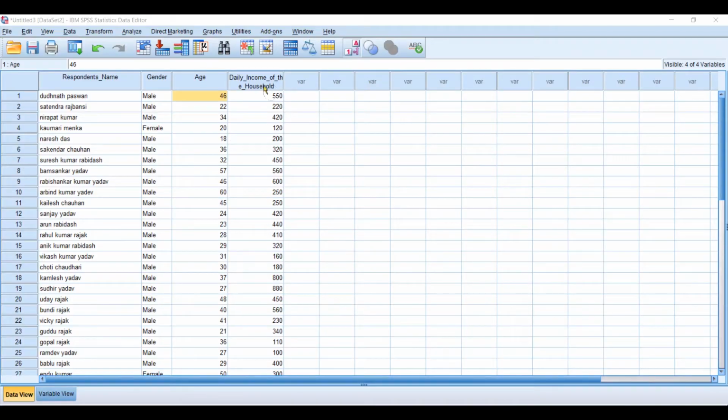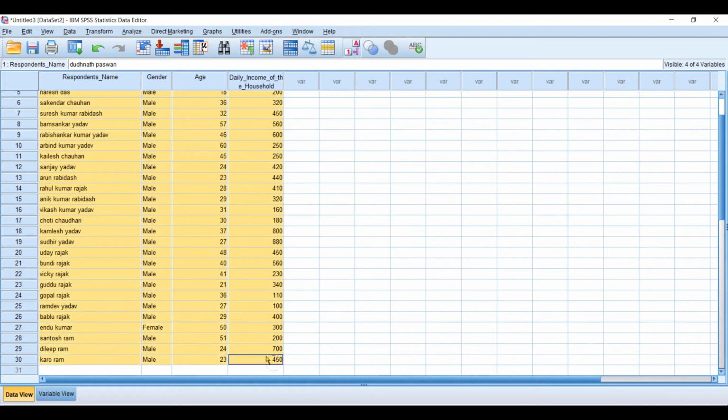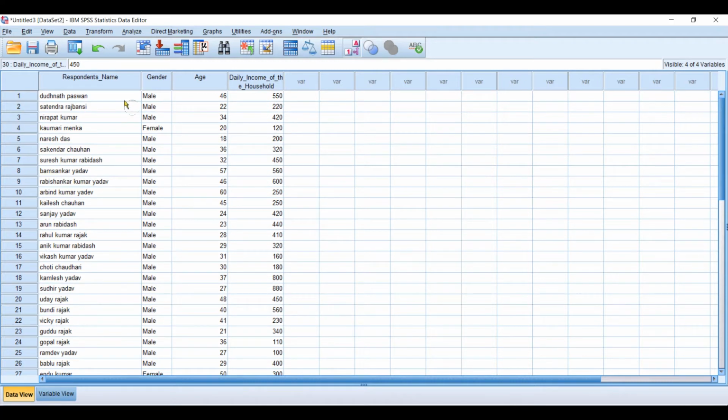You can see a sample data sheet on my screen. We have gender, age and daily income of the households of around 30 respondents here. On top of the sheet, you can see the names of the variables like respondent's name, gender, age, and daily income of the household. You can see that right now the daily income of the household is in numbers like 250,